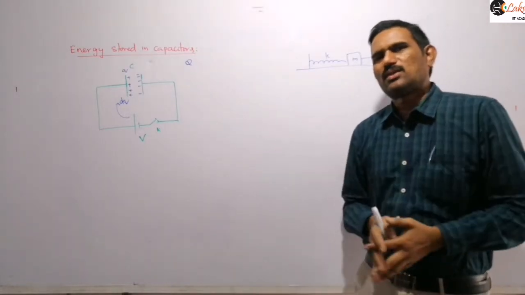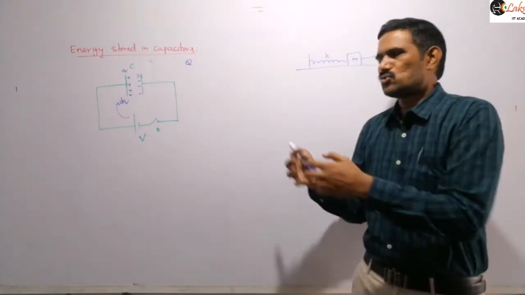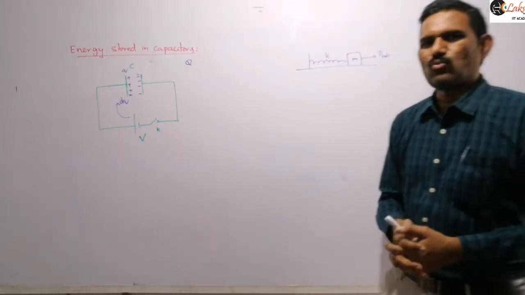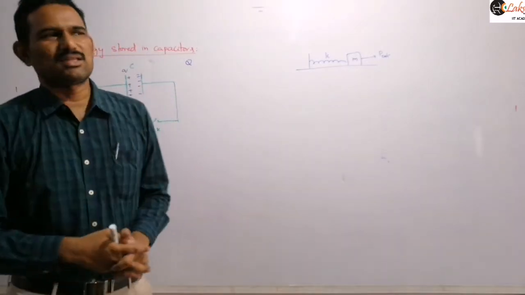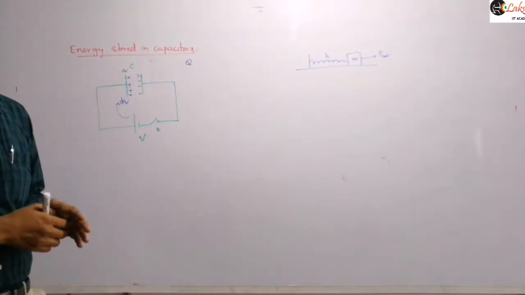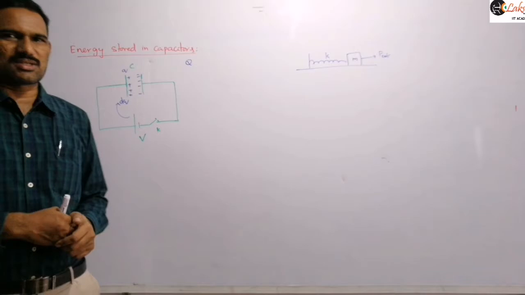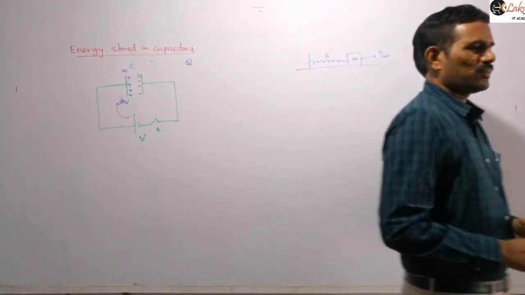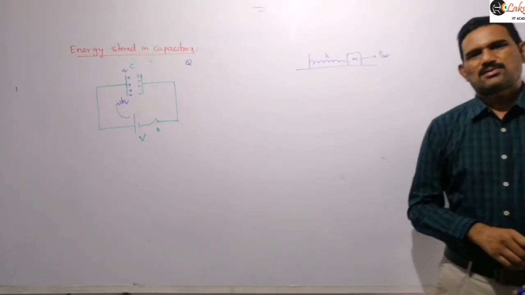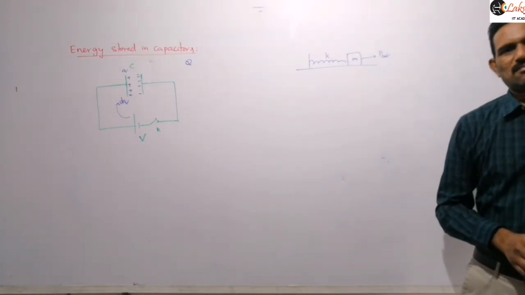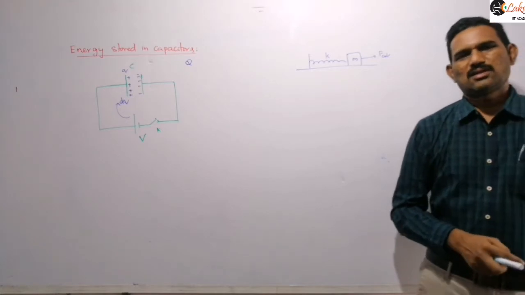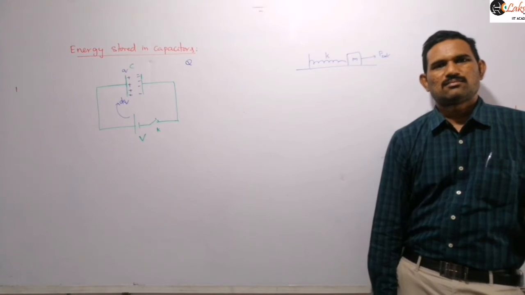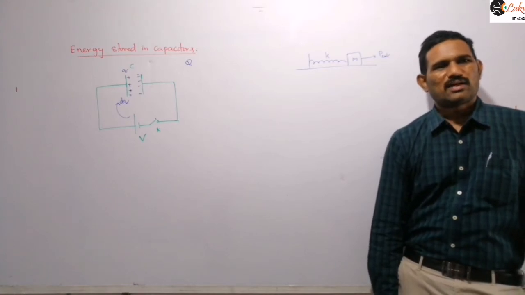Similarly here, energy will be stored in this capacitor when charging takes place by doing some external work on the system. That energy is what we call electrostatic potential energy, which will be stored in this capacitor, right? So just to mention that, consider a capacitor of capacitance C connected to a cell of EMF V of negligible internal resistance.